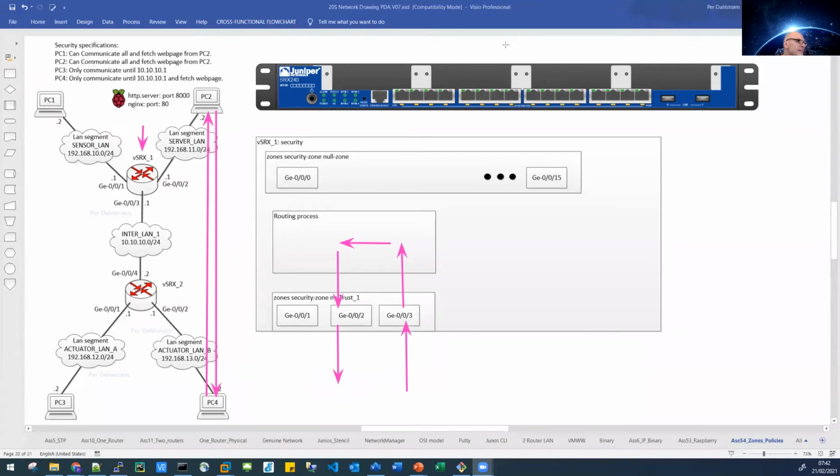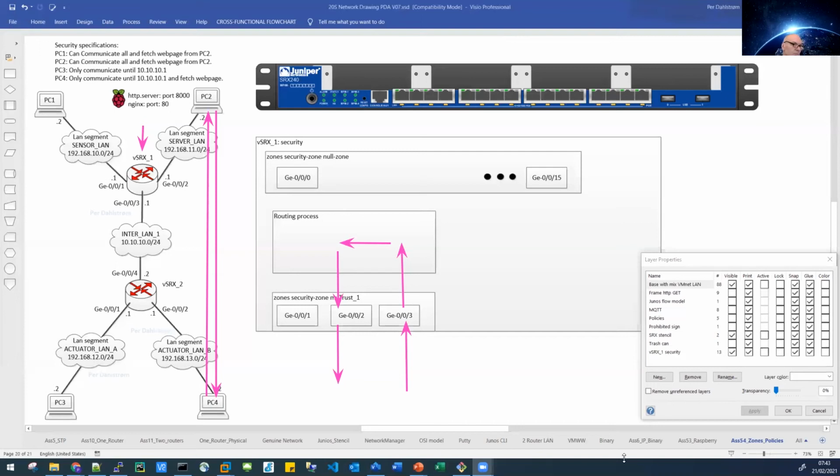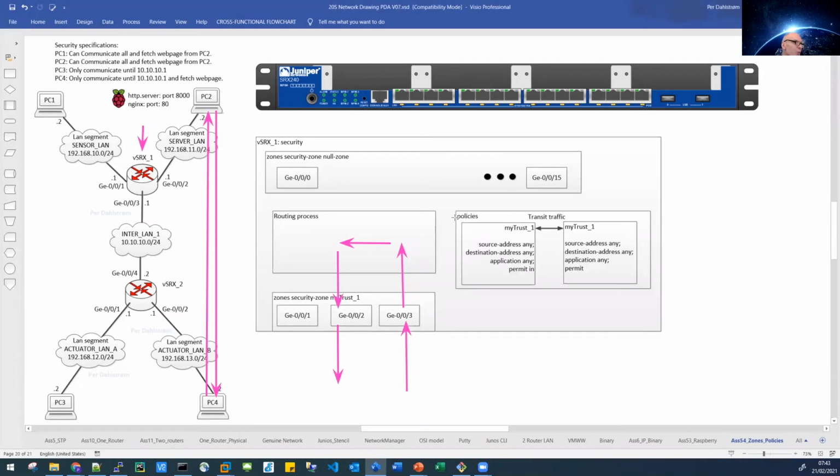And what is allowing this traffic to go through is the so-called policies. A policy is what you and I will configure here, and it is the policies that decide what traffic will be allowed to transit from one interface to another interface, in this case from G003 to G002. Obviously, the policy that you and I are going to configure will allow HTTP traffic to go from G003 to